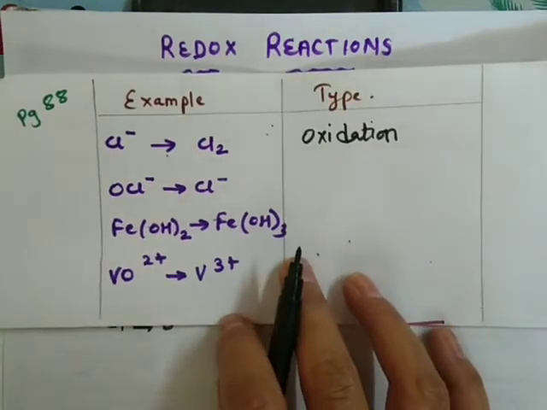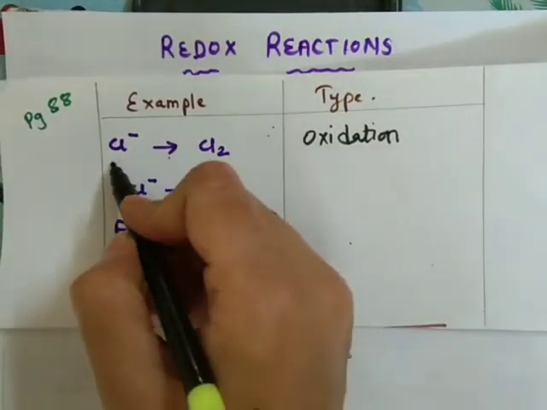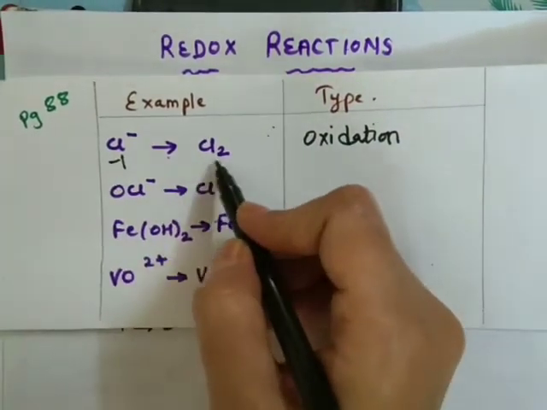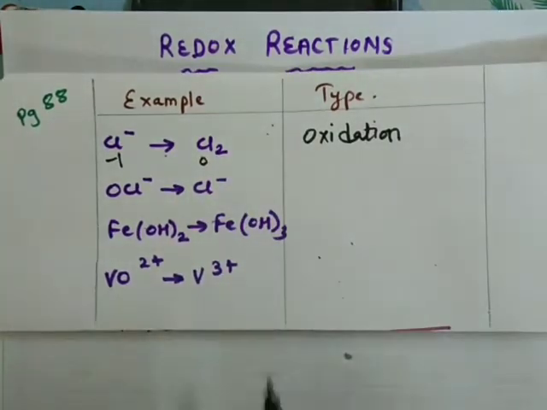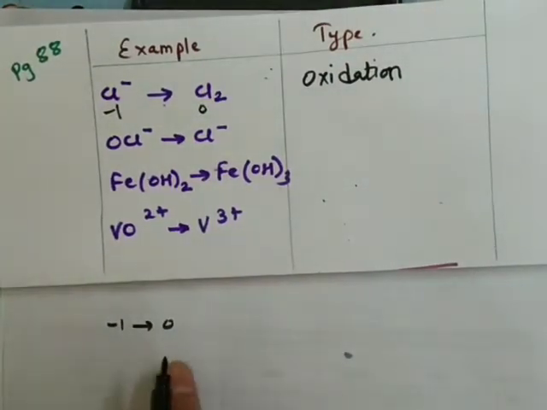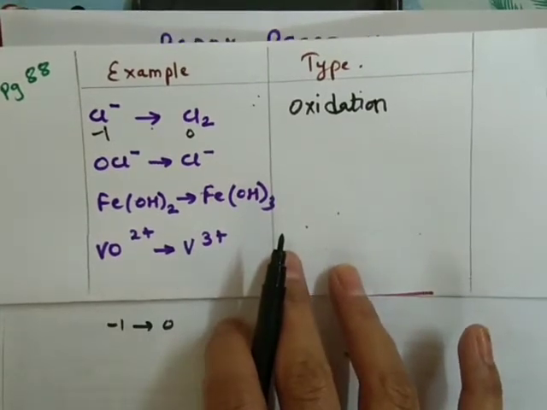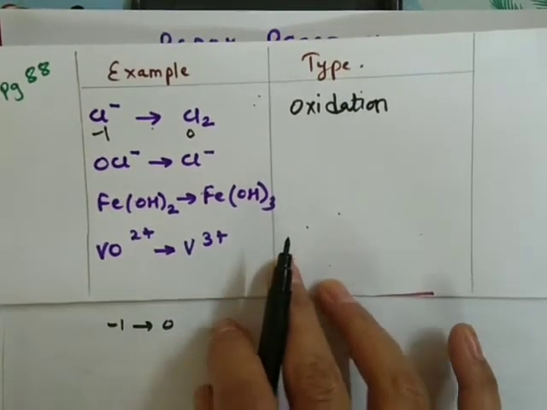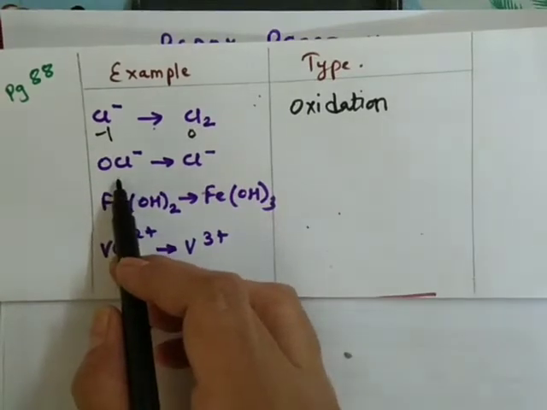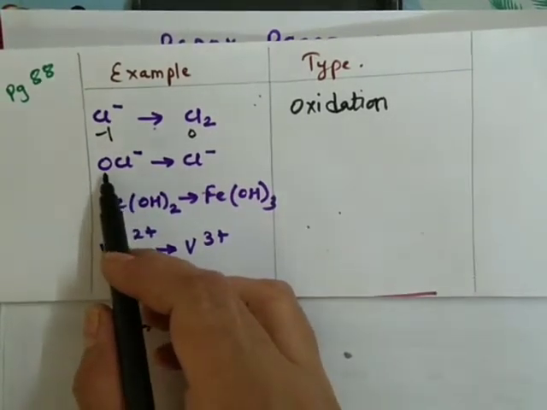ऑक्सीडेशन. सो -1 से 0, ये कितना था? -1. और Cl2 का ऑक्सीडेशन नंबर 0, मीन्स इट चेंजेस फ्रॉम -1 to 0. दिस इज इंक्रीज इन ऑक्सीडेशन नंबर विच इज कॉल्ड ऑक्सीडेशन. लेट अस फाइंड इन द सेकेंड रिएक्शन व्हाट इज द टाइप ऑफ रिएक्शन.